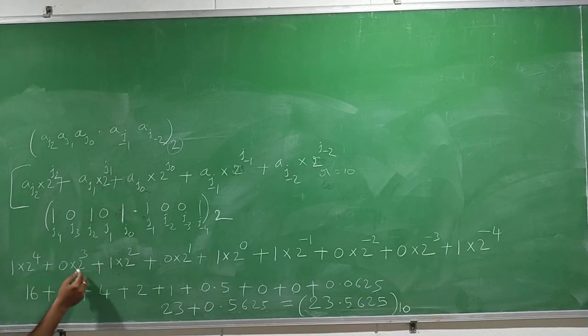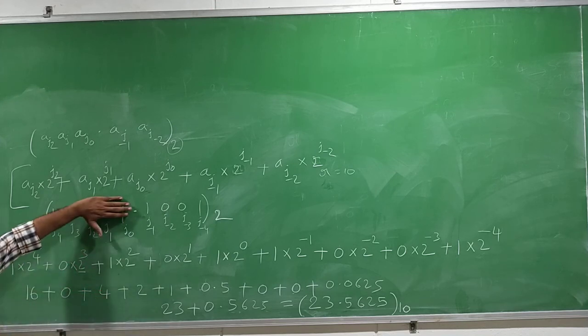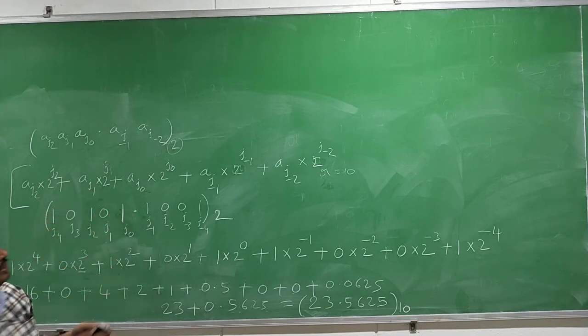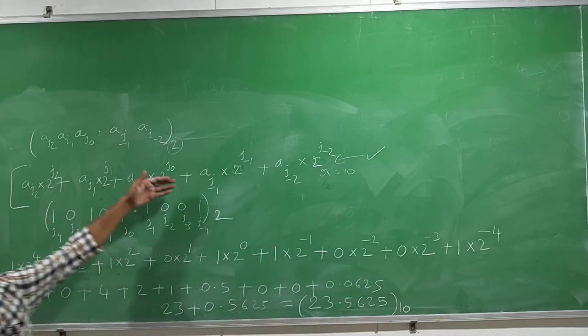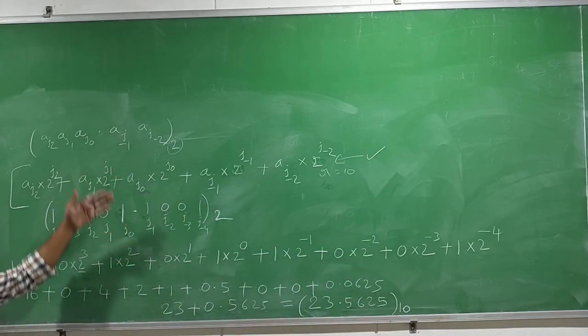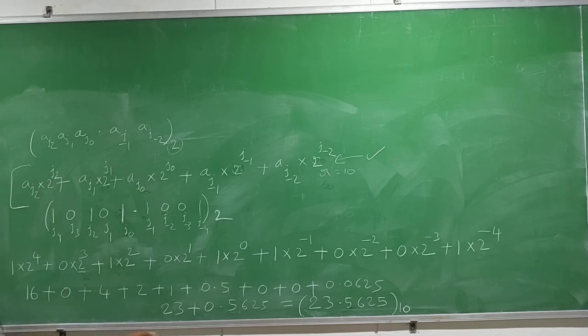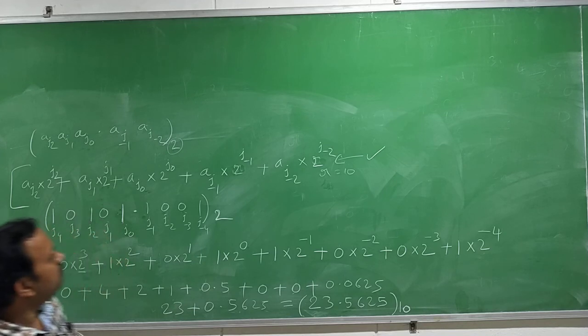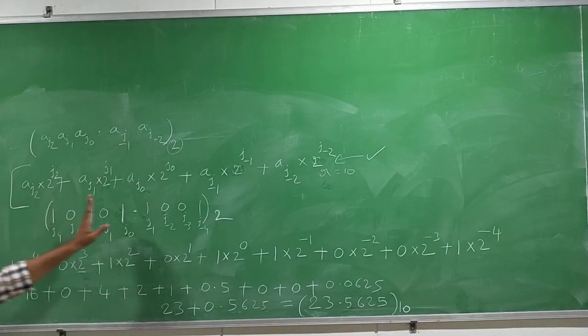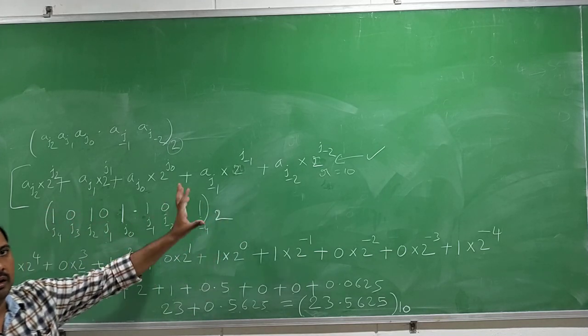So instead of 10 here, I am writing 2. So 2 power 3 means you will get 8. 8 means it is in the decimal number system. As we are expressing the given number in this equation format, and this equation we have derived in the decimal number system, we will get the final answer as a decimal number. Okay.